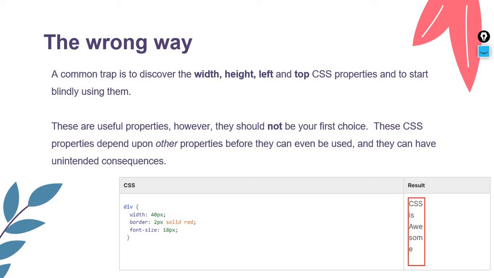start blindly using them. These are useful properties. However, they should not be your first choice. These properties depend upon other properties before they can even be used, and they can have unintended consequences. So, like in this example,